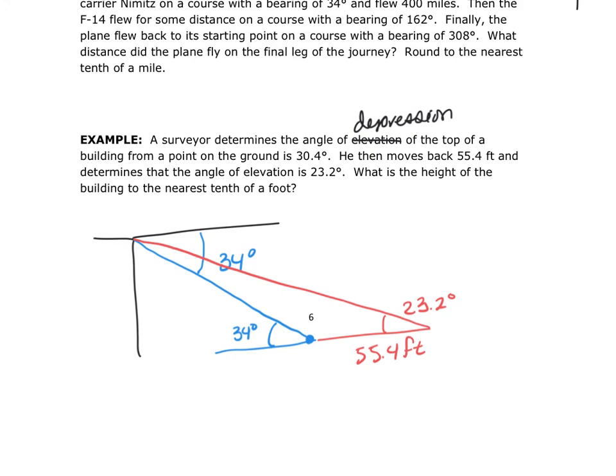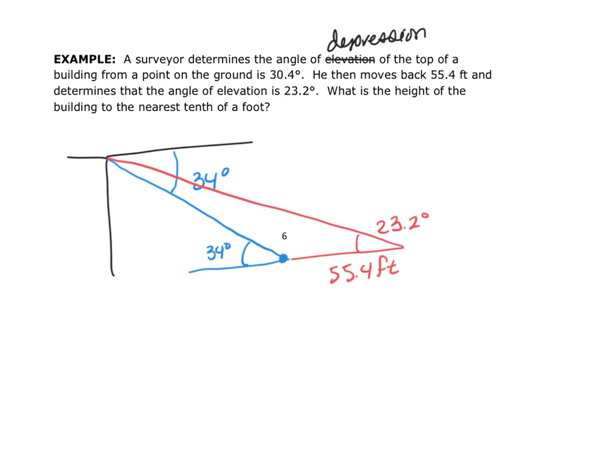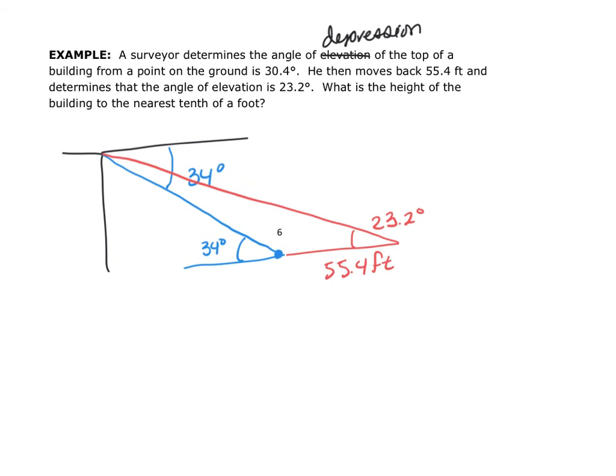What they're asking for is the height of the building. Now, what we know is that we have this triangle right here. And we know that this piece of the triangle